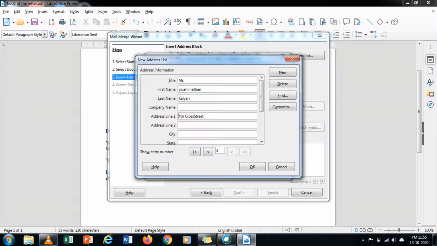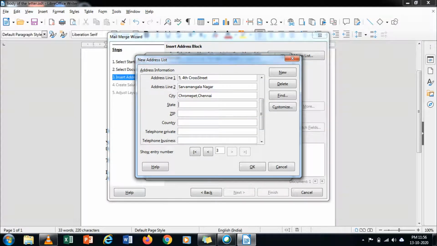Address first line: 4th Cross Street, Sarvamangala Nagar, Krompet City, Krompet, Chennai. State: Tamil Nadu.